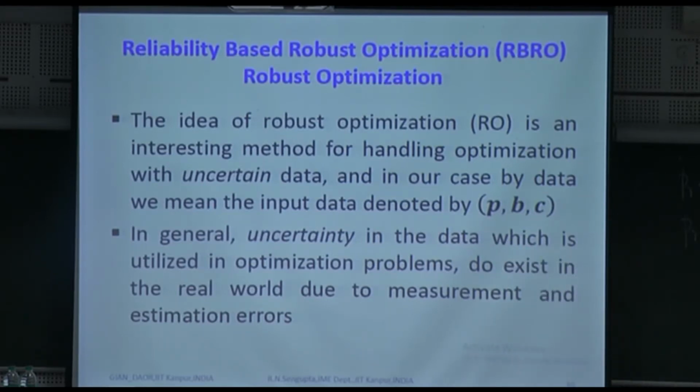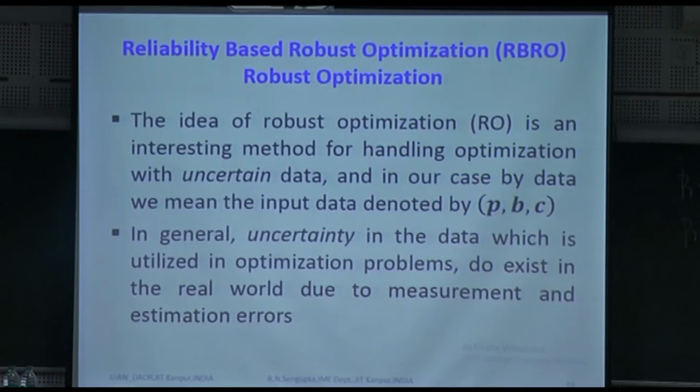So the idea of robust optimization is an interesting method of handling optimization with uncertain data. Again, uncertainty is there with respect to p, and externally there's white noise also. So we'll consider them as variables which are under control, which you can measure with a certain uncertainty probability. It doesn't mention anything about distribution. And there are other sets of variables, you know their uncertainty, in the sense they are uncertain, but you do not know their actual values, whatever they are.